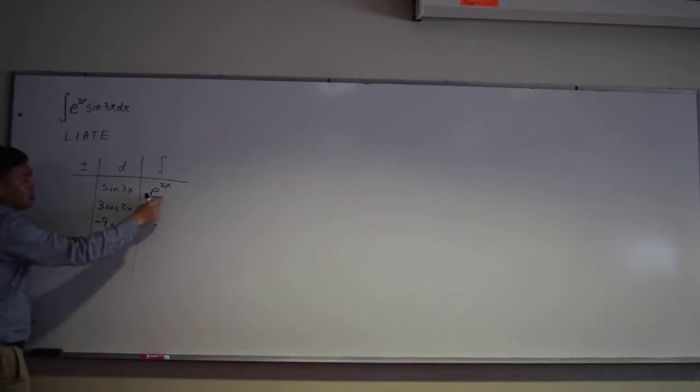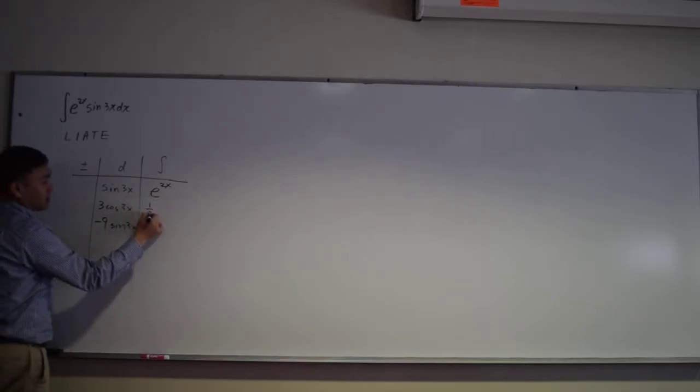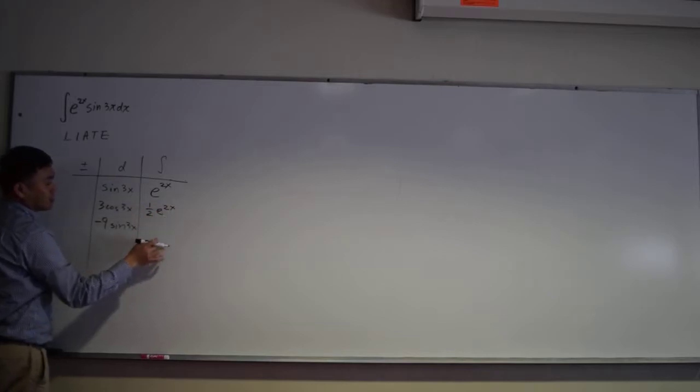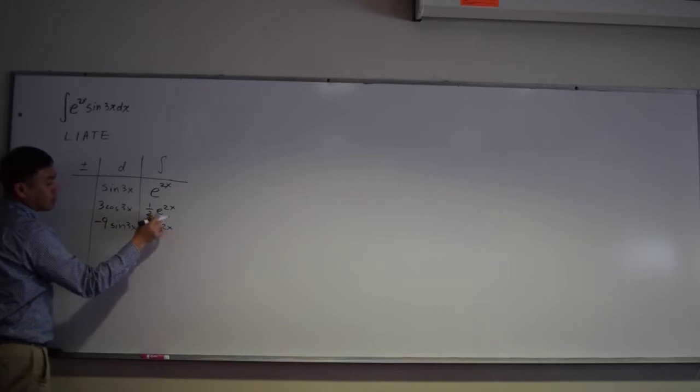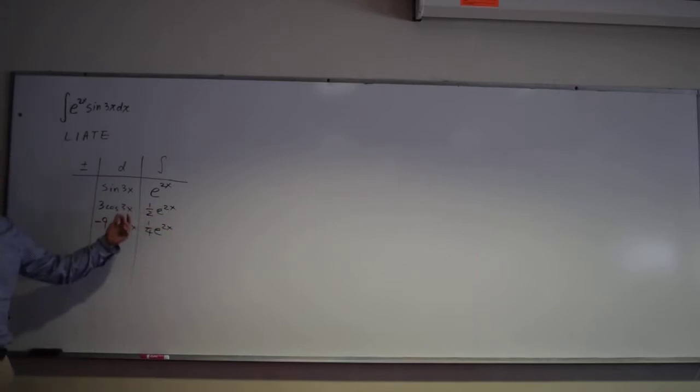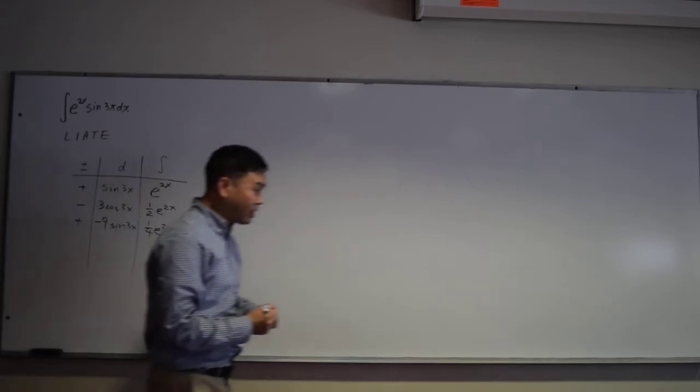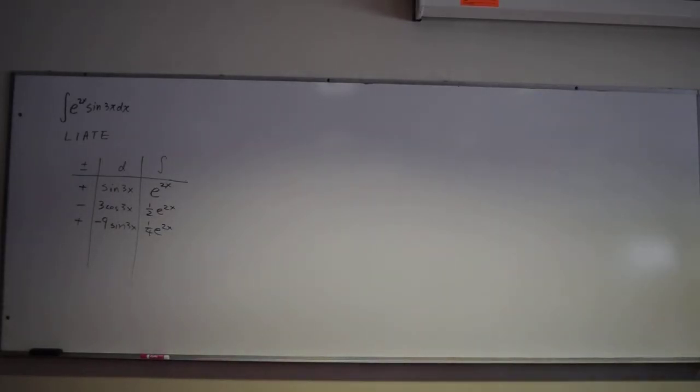And then for this one, you integrate. This is 1/2 e to the 2x. Integrated again, it's 1/4 e to the 2x, because every time you integrate, 1/2 pops in front. Right? The first column, you put plus and minuses, starting with plus. Okay? So you always start with plus and you alternate. And once you're done with this table, once you've completed the table,